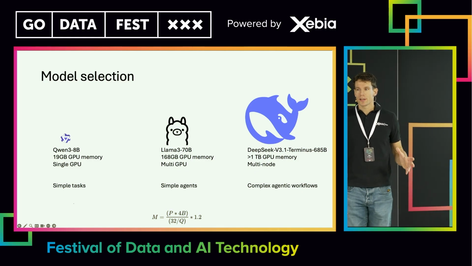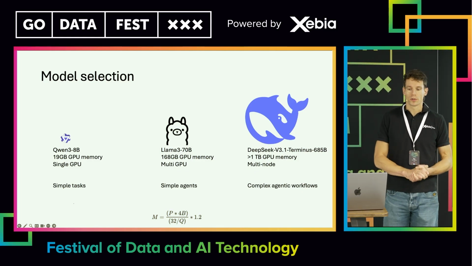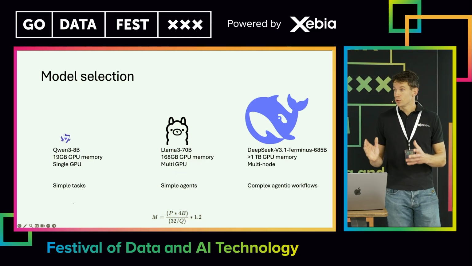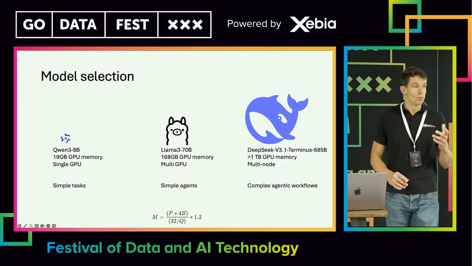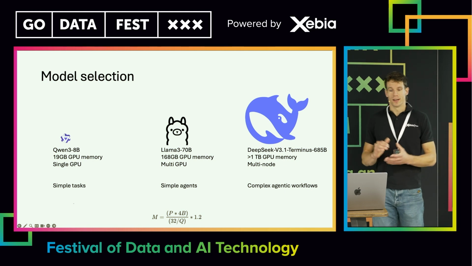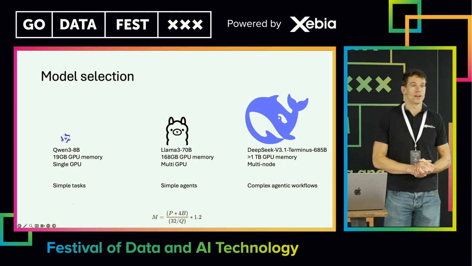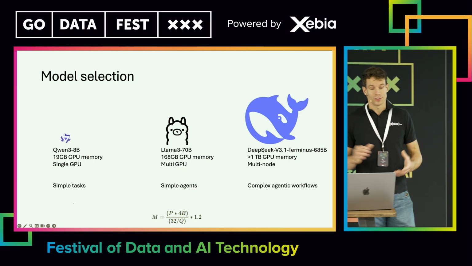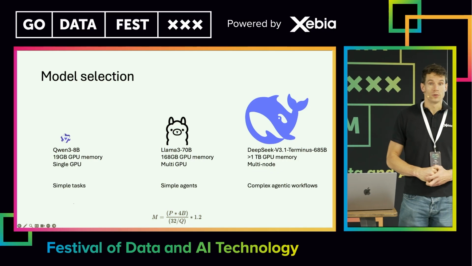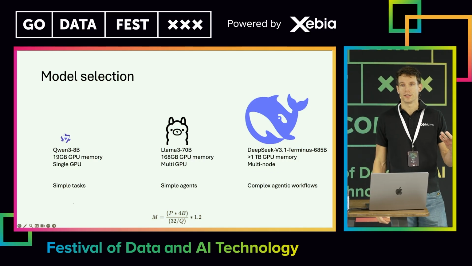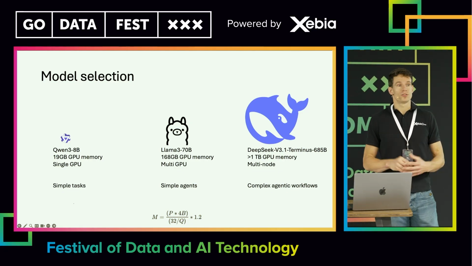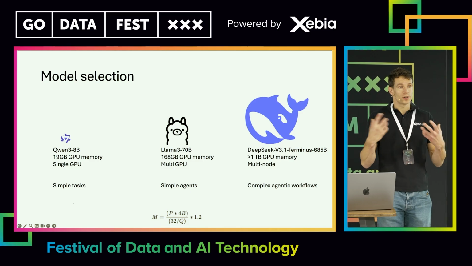And then only if you really need it, if you think you want to go there, you're going to deploy the beast. Because to run this model, we need more than 1 terabyte of GPU memory. That's a lot. That's, for example, 8 state-of-the-art NVIDIA GPU chips. To buy these machines costs a lot of money. So a lot of investment is needed upfront to be able to start with these use cases. And you would only need these with complex agentic workflows where you have multiple agents that interact with each other, or an agent that needs to call multiple tools and does complex planning in that way.